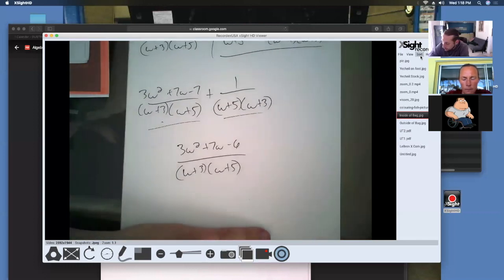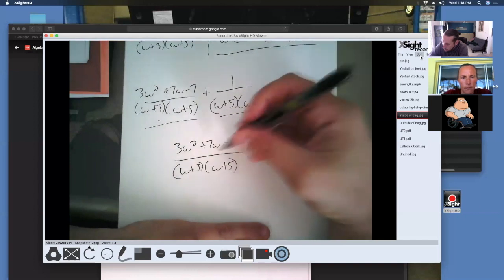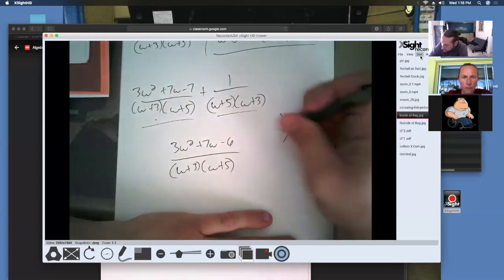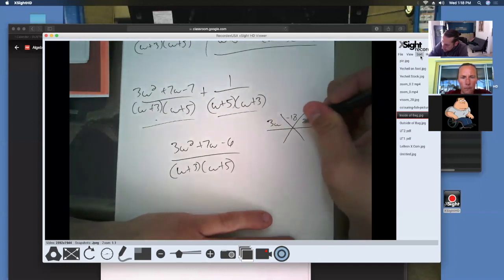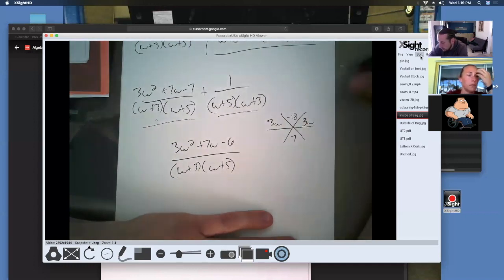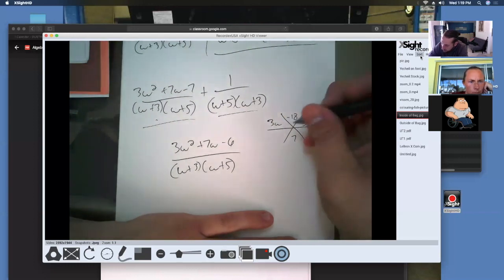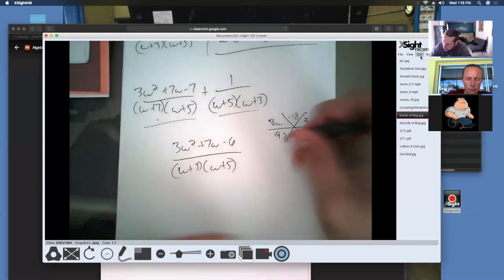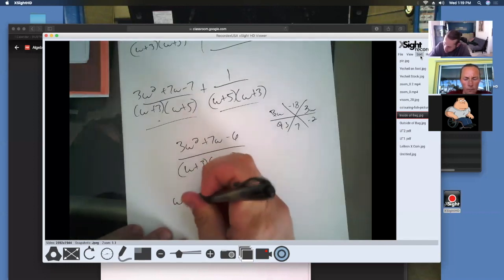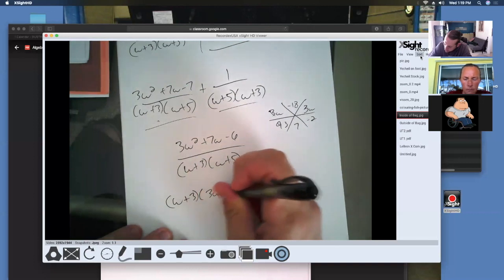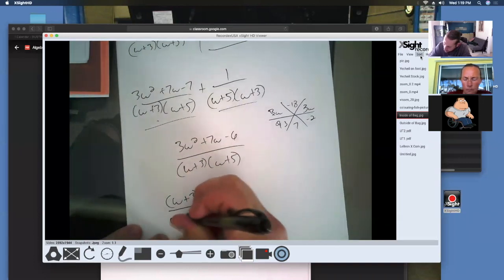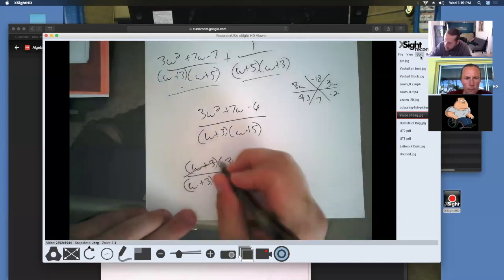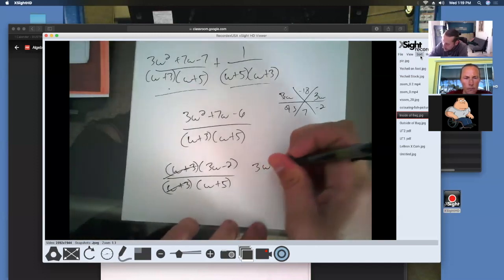All right, so the only question remaining then is if this is factorable. That's negative 18, 3w, 3w, 7, 2 and 9. Positive 9, negative 2. So that gives us a w plus 3 and a 3w minus 2. Which we can see will cancel those out. So our final answer is 3w minus 2 over